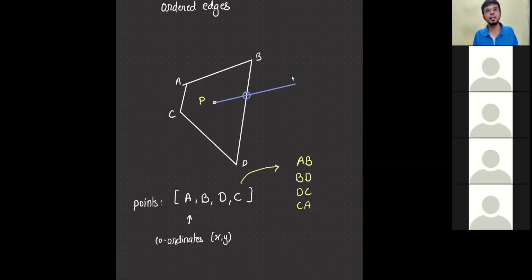In most geometrical algorithms, wherever you need to represent a polygon, this is what you can use. Similar to how graphs have adjacency list and adjacency matrix representations, this sort of representation is very common for polygon use cases: an ordered set of points, ordered by the edges that are there. Each point is nothing but a coordinate x comma y, the x coordinate and the y coordinate of that point. So xb, yb for B, xd, yd for D, xa, ya for A, whatever it is, that's how it represents.